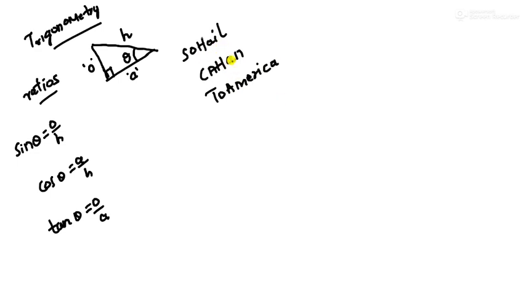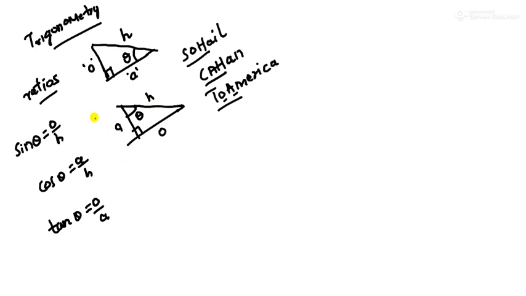Sohail kahan ja raha hai? To America. So these first three letters will represent our formula. Sin is O by H, opposite by hypotenuse. Cos is adjacent by hypotenuse. Tan is opposite by adjacent. Okay, and you have to mark this theta properly. If theta is here, then O is here. By chance, if theta is here, this is hypotenuse always, then opposite becomes this and adjacent becomes this. Opposite side of theta is always O.